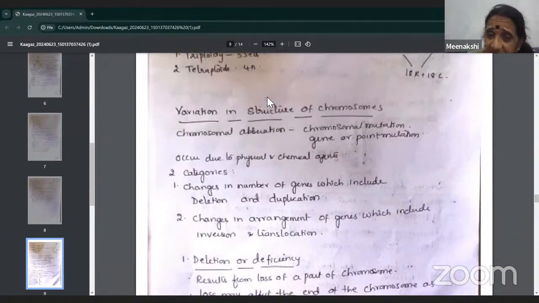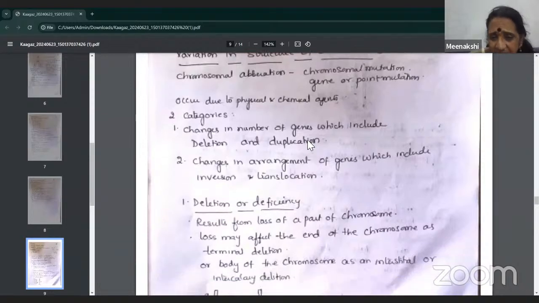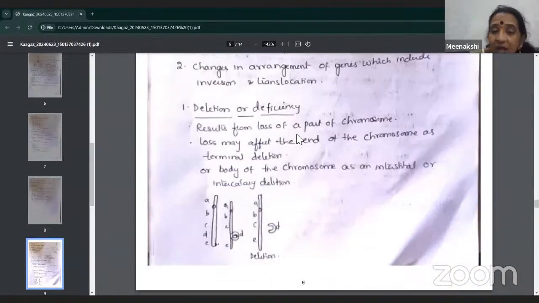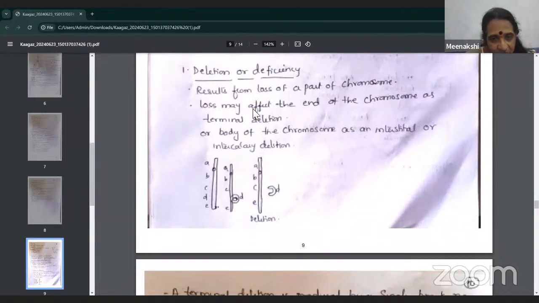So the structural abnormalities of the chromosomes can be divided into two categories. The first category is where there can be deletion or duplication of genes or chromosome parts. The second is where there will be a change in the arrangement of the genes. It can be inverted or translocated. Let us see what happens in the case of deletion or deficiency. During deletion,